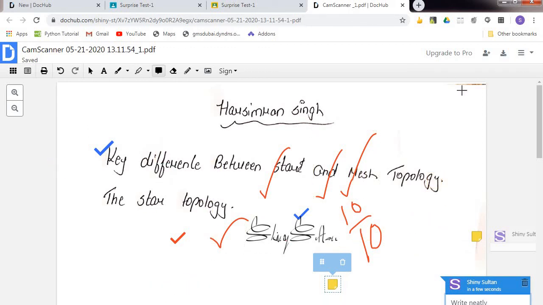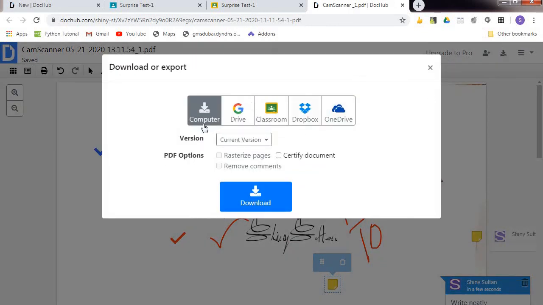After giving this, you cannot send the document directly back, as the return option is not there. For that you need to click here. Once you touch the screen, you can see download and export here.